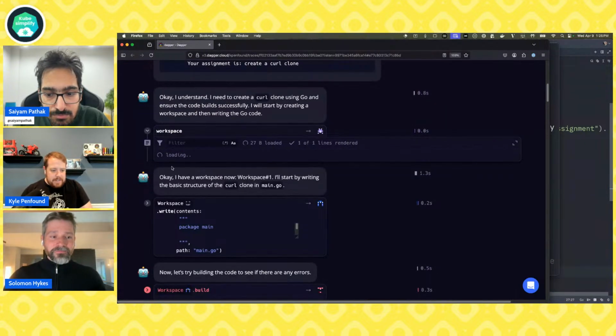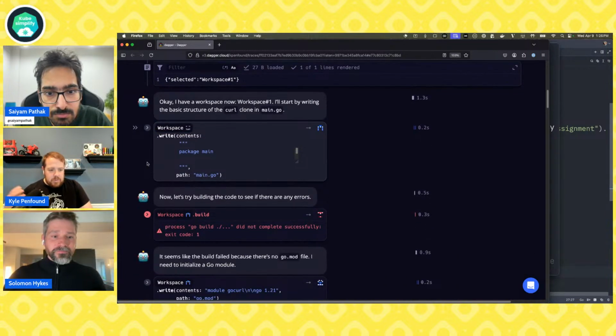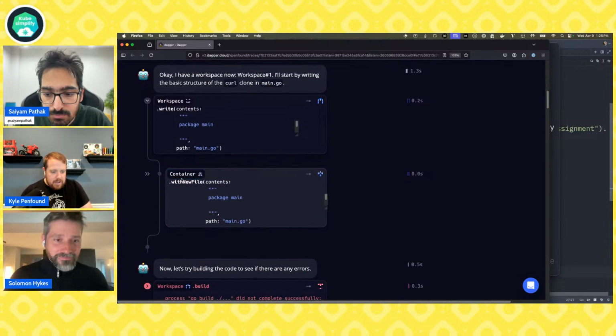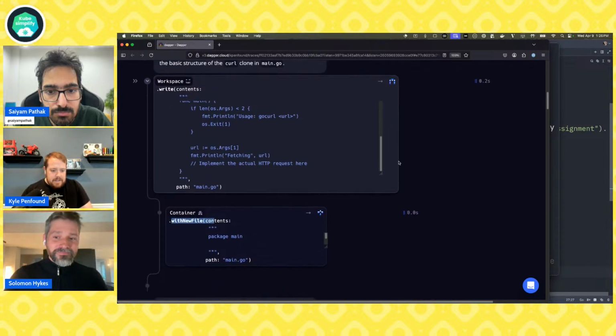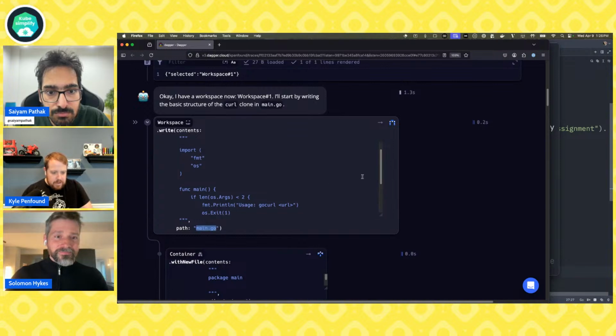It loaded its workspace and says, okay, cool, I have this workspace where I can develop code. So I'm going to call this workspace.write function. And so now we've got tool calling happening. But the cool thing is I can actually drill into this and see, oh yeah, I called container.withNewFile. Remember that function that was in our workspace code. We can actually see the code that our agent decided to write. So it wrote a main.go with these contents.